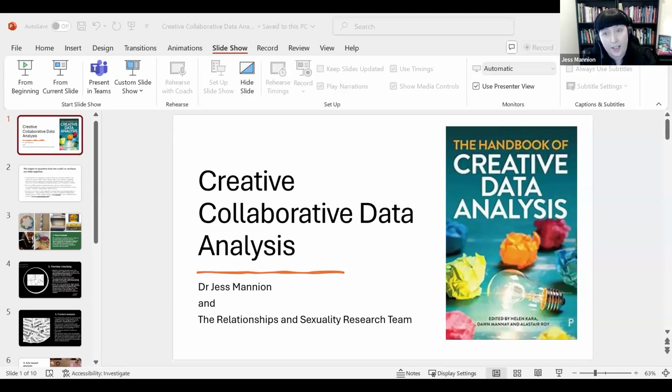Creative Collaborative Data Analysis. And how it came together is the research team had their own ideas, and we also drew from existing ideas in the literature, not necessarily research for people with learning disabilities, but data analysis methods, such as visual analysis, member checking, content analysis, and embodied